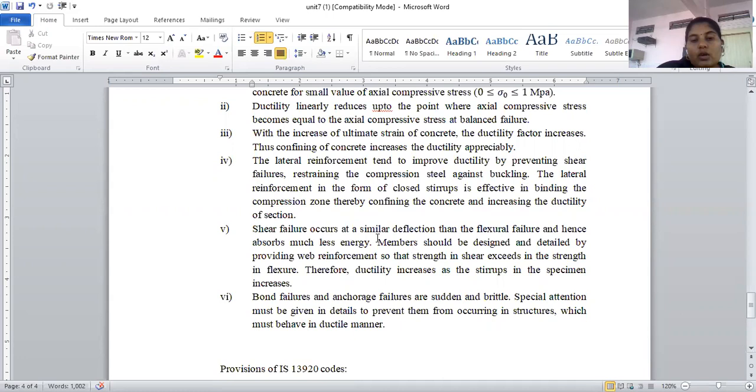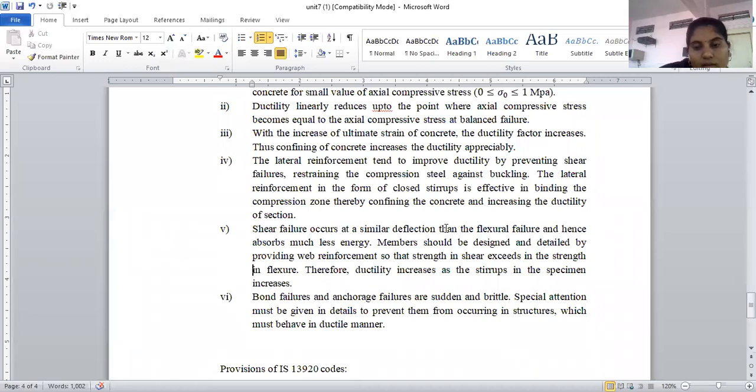Next one, shear failure occurs at a similar deflection than the flexural failure and hence absorbs much less energy. Members should be designed